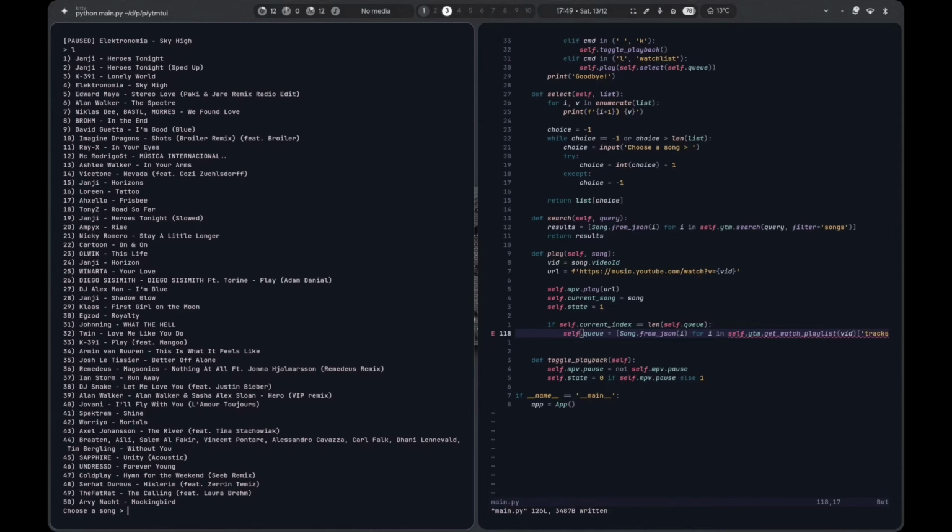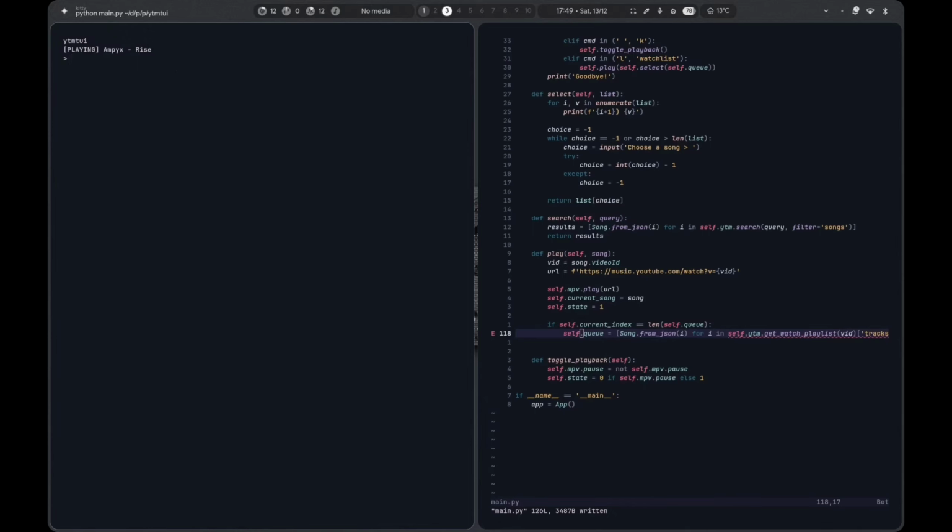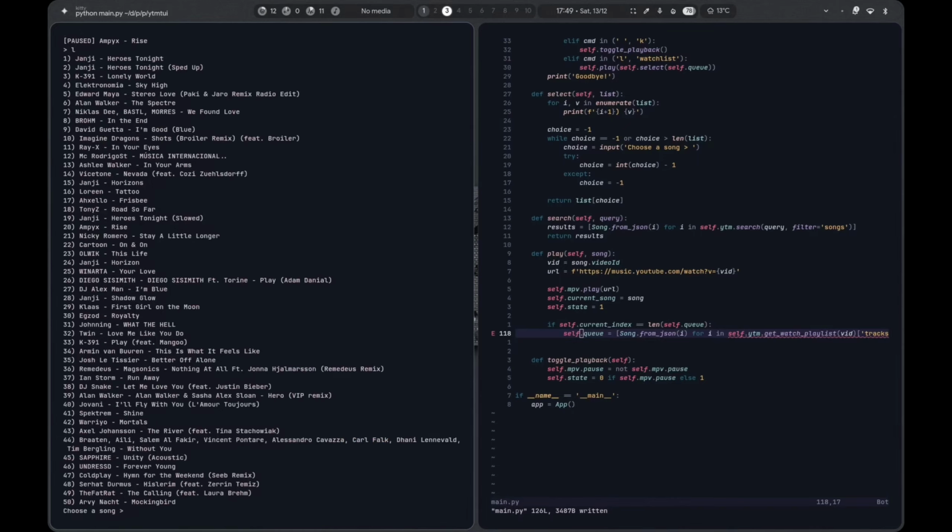Oh no, wait, let's choose, I don't know, 20. This ain't working. Okay, it's working. So when we list it, it's still 50. Okay, so I don't know why it generated 50 songs, but at least it's working,